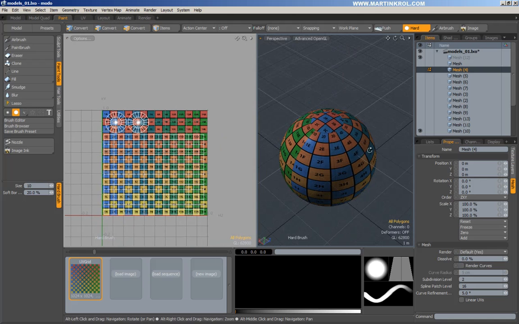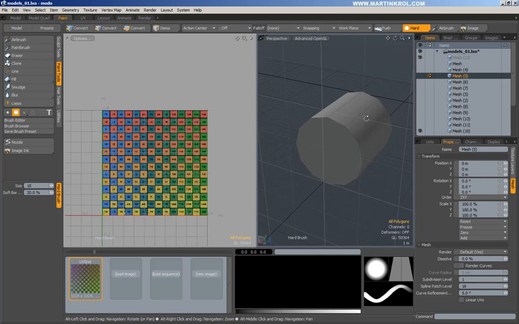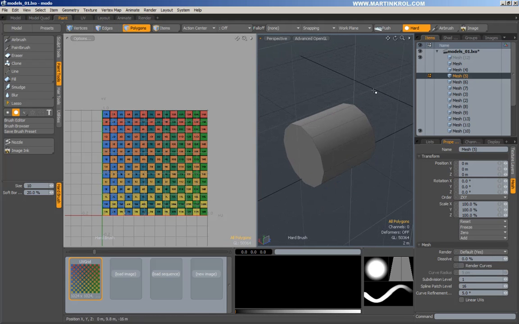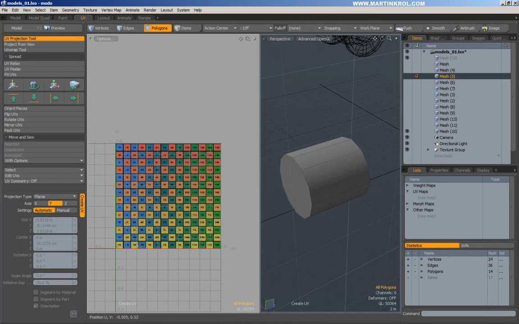So that is the sphere. Next up is the cylinder. Now, one thing that you might want to keep in mind with the cylinder, and you're going to see this very soon, is if I go down to my UV projection tool once again, and I go to cylindrical, and I apply it to my cylinder,